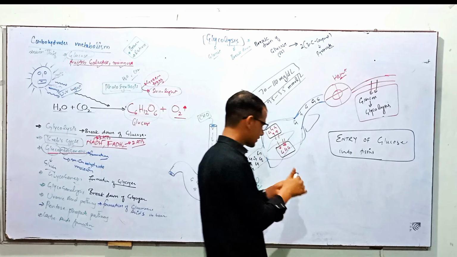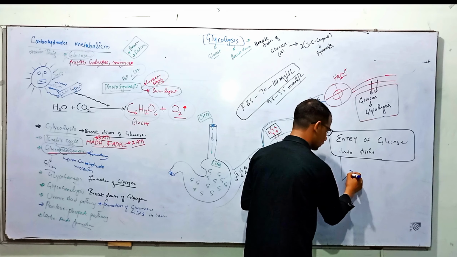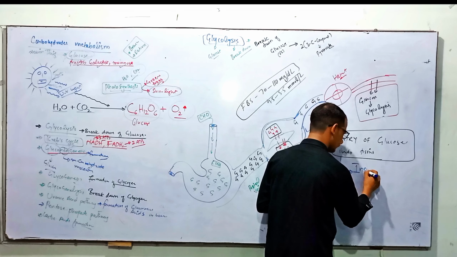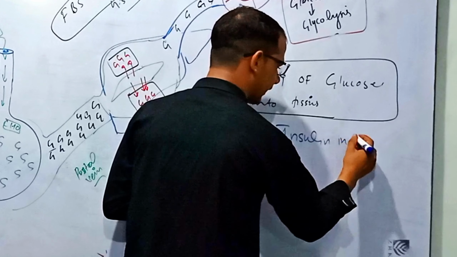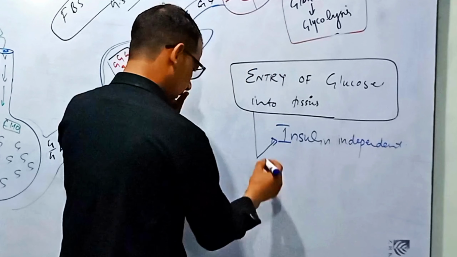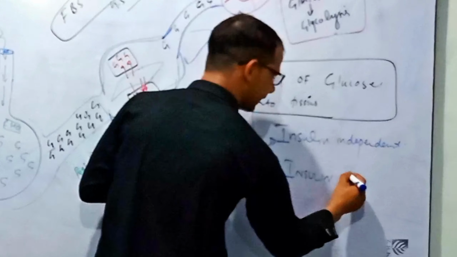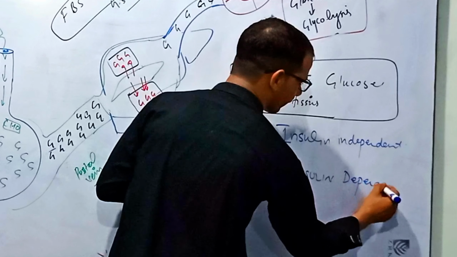So here the entry systems are two. One is called insulin independent, second is insulin dependent